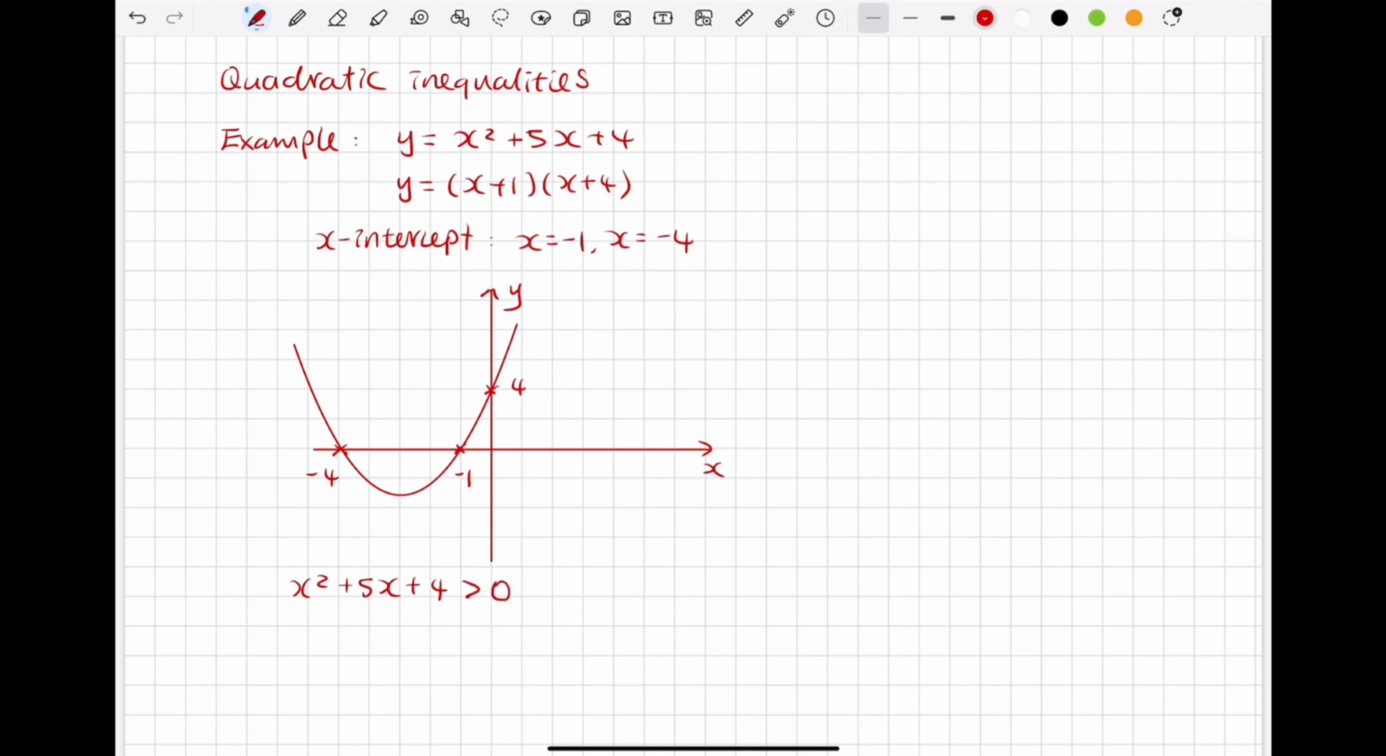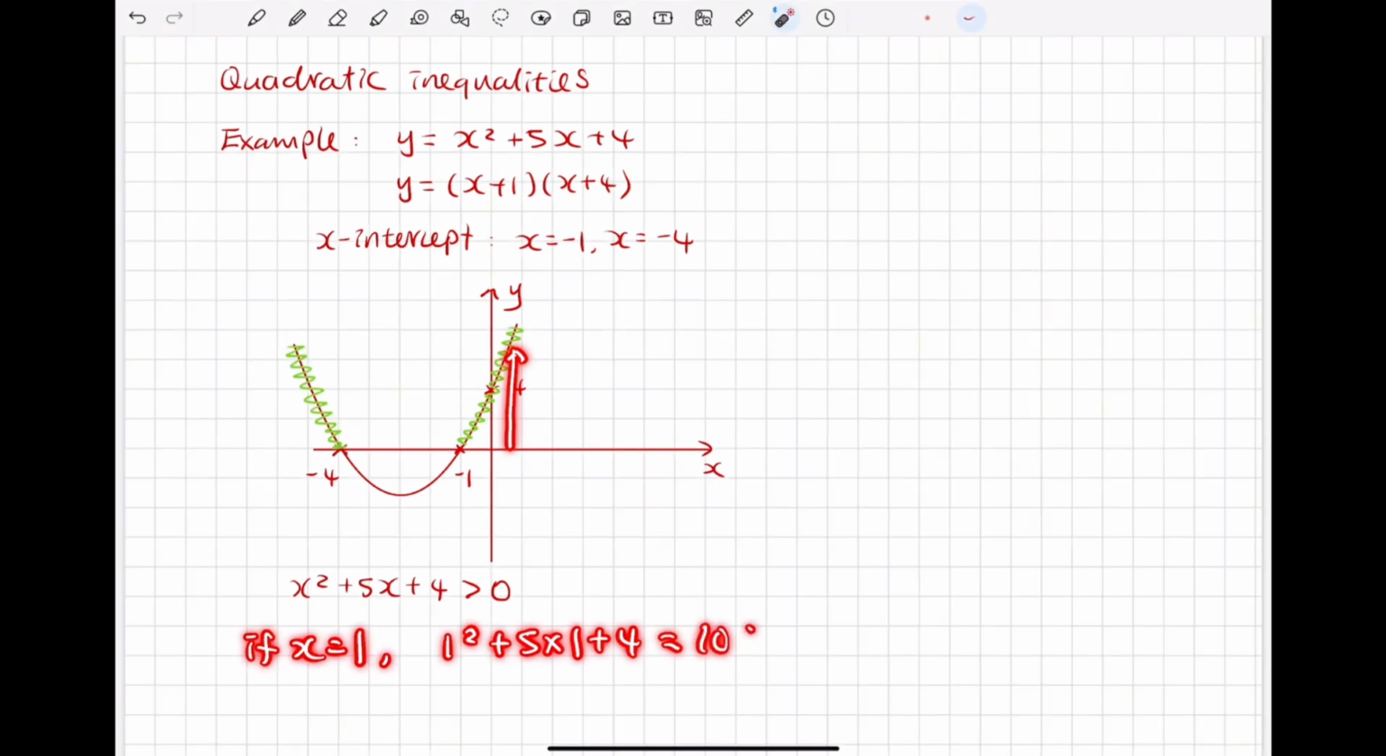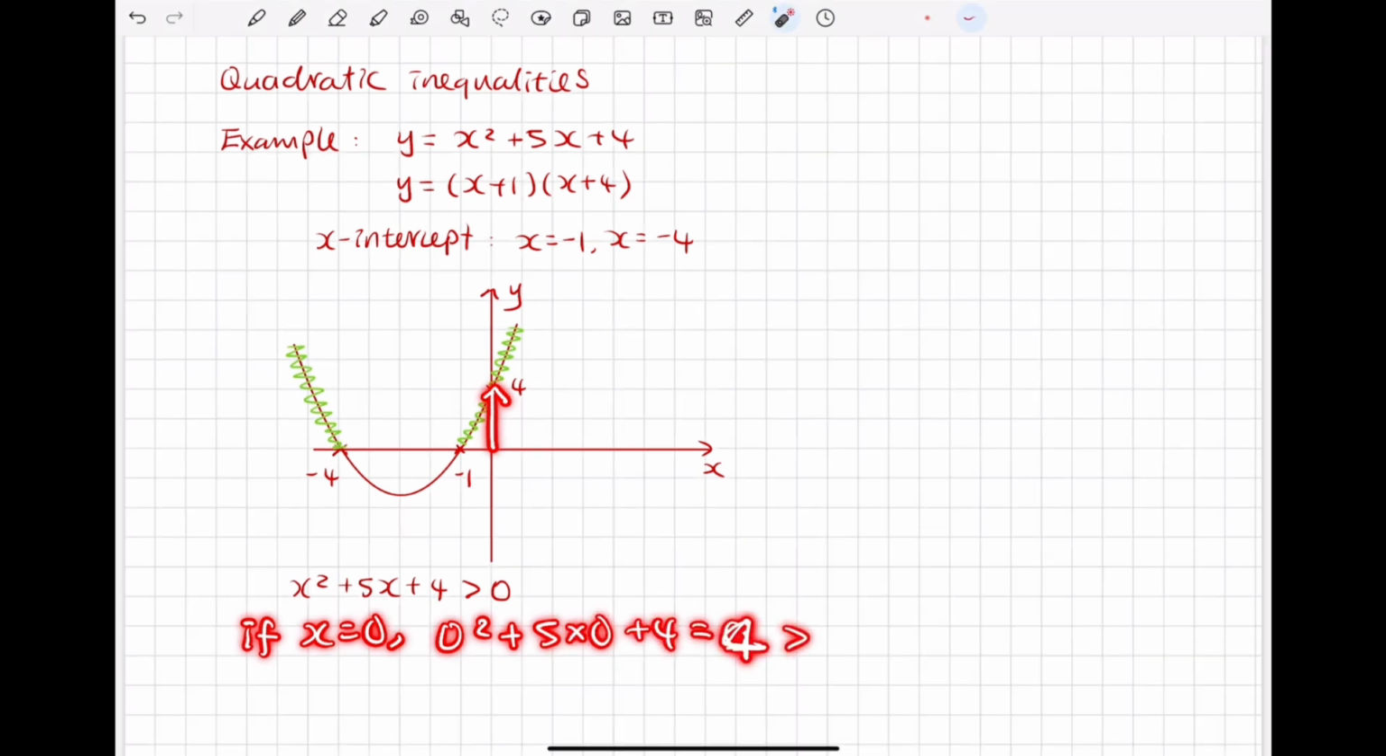Similar idea as before. If it's greater than 0, we want it to be above the x-axis. So let's just test some points to see if we agree. If x is 1, then 1 squared plus 5 times 1 plus 4, which is 10, is greater than 0. If x is 0, 0 squared plus 5 times 0 plus 4 is 4, and that is greater